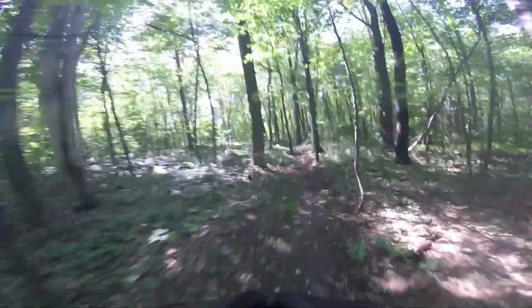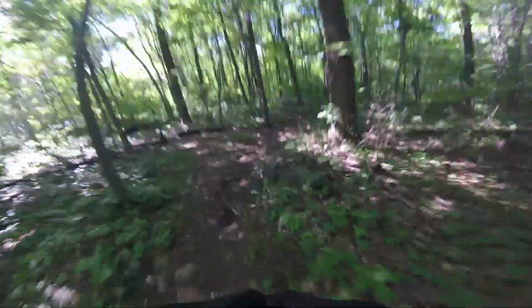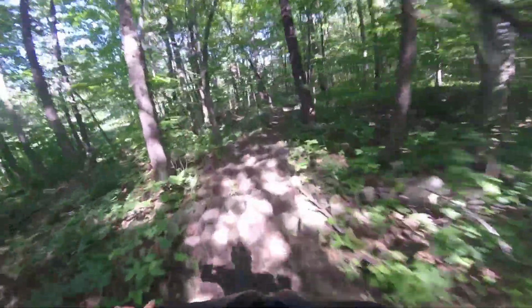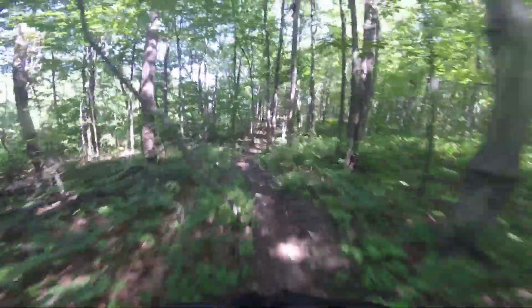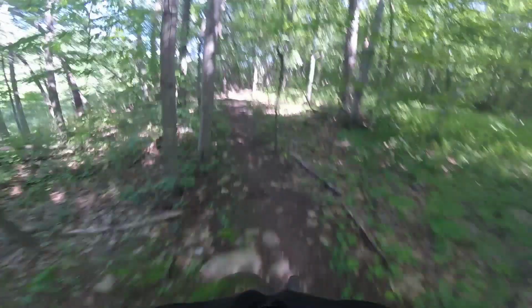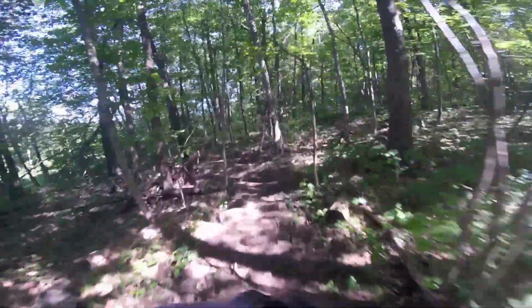But definitely on these false flats like I'm on currently, or on the uphills, you obviously can get closer to that top speed. I haven't really hit the top speed too much in these trails here, but I'm not absolutely railing anything. Obviously I'm talking, whoa, bars a little wide, talking fairly easily, and that's thanks to this sweet motor, but still having to